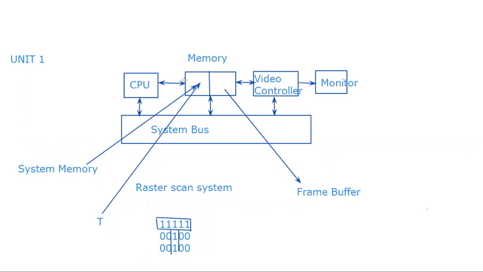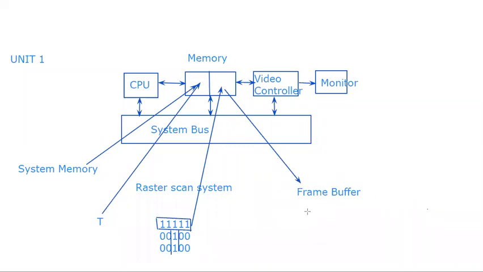This form will be stored again in memory, but this time it will be stored in frame buffer. Frame buffer is a reserve part of memory which is directly accessible by video controller. Video controller cannot access this particular portion of memory. This particular portion of memory is reserved for CPU only. So this particular memory will be used by CPU only, and CPU cannot access this particular part of memory, because this particular part of memory is reserved for video controller only.